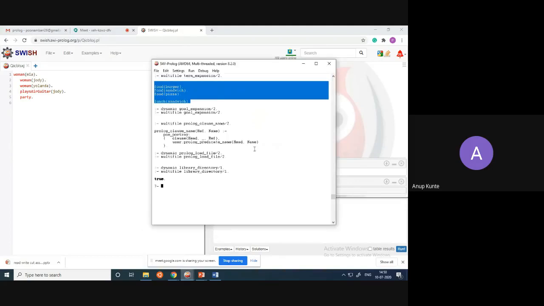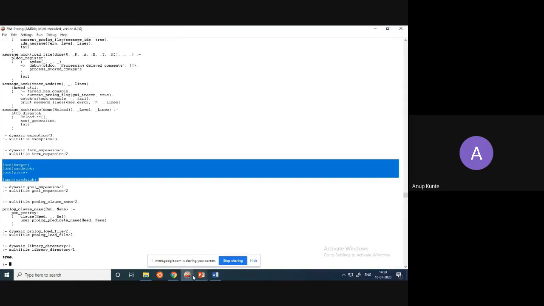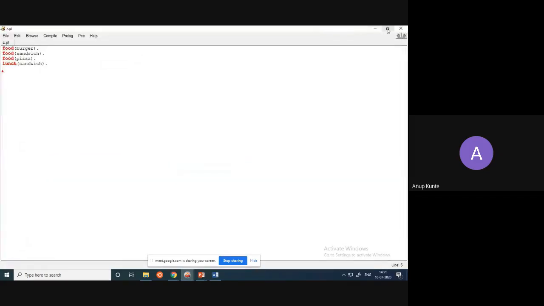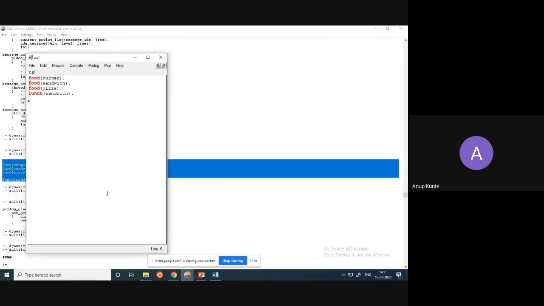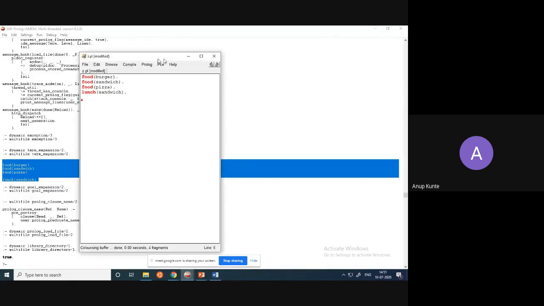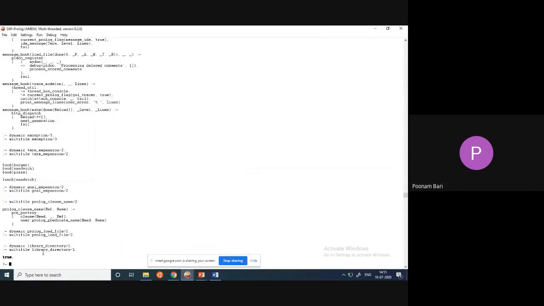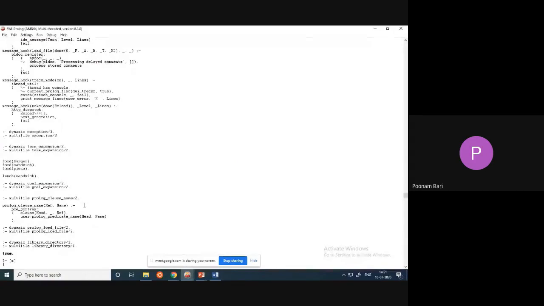Ma'am has already told you how to do it if you're using command line based. The only thing is that in SWISH you have those three windows, while in command line you only have a single window. So you need to first consult the code and then query the code. You can use any editor to write that and just save that file with .pl, and whenever you come to the command prompt you just write the name of that particular file, and the dot is very important.